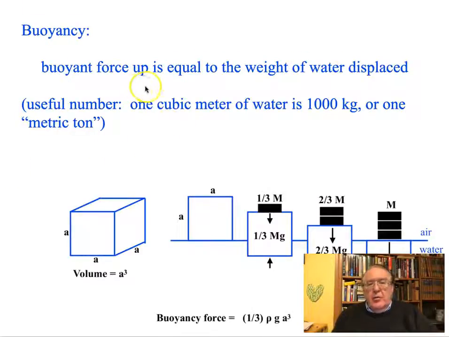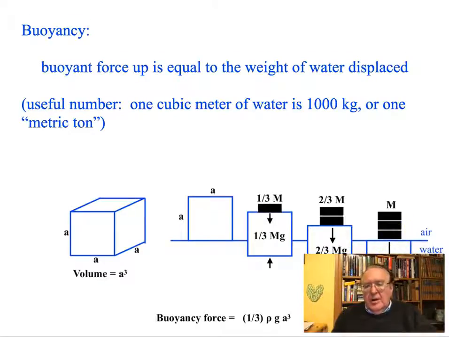Now, buoyancy is familiar. Boats float, after all. And the simple rule is that buoyant force up is equal to the weight of the water you displace. So if you have a volume, for example, a cube, side A, and you float it on water, it just floats there. If you put 1/3 of a mass on there, it will displace 1/3 mg of water. If you put 2/3, 2 bricks there, it'll displace 2/3 of mg of water, and you put them all there,